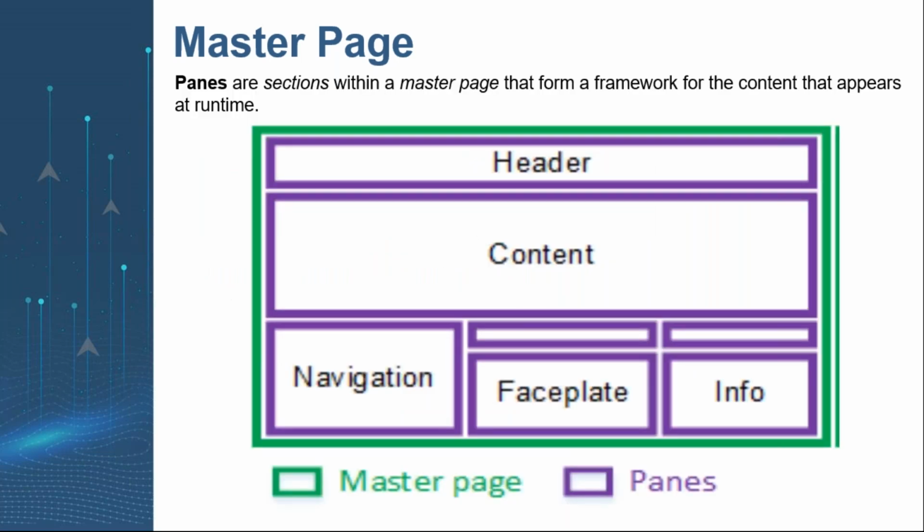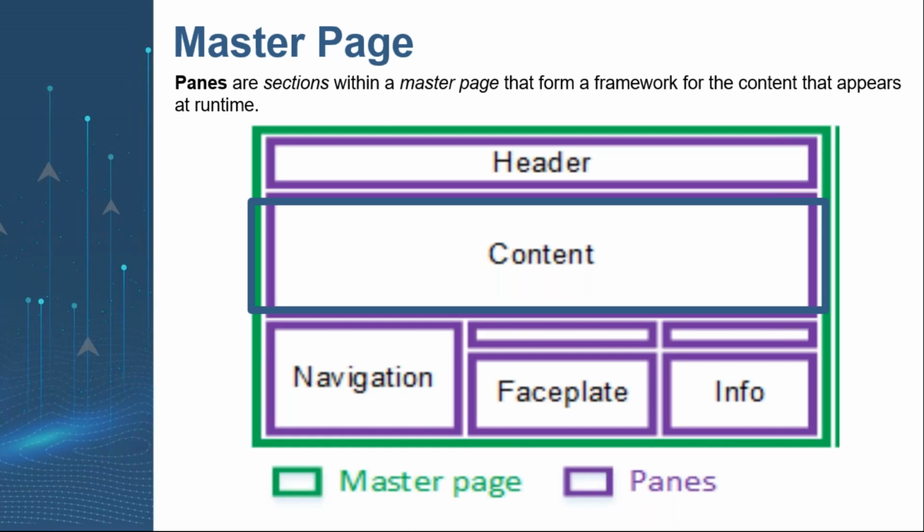As mentioned earlier, the master page contains different panes. We have 5 types of panes. The header includes page navigation buttons, trend and alarm pages, the current page name, the login information, the current date and time, and the shutdown button. The content pane displays pages you create to represent your plant or production facility. The navigation